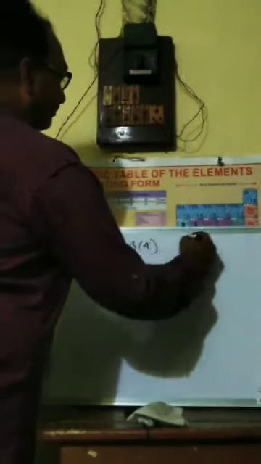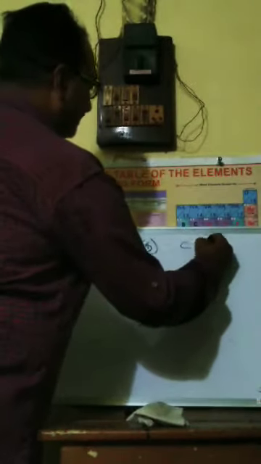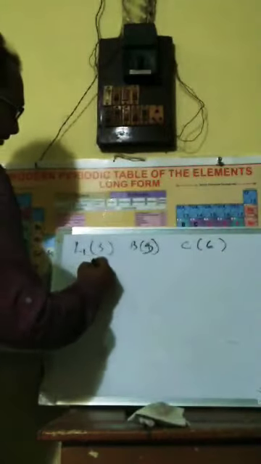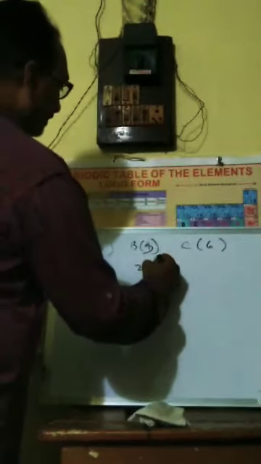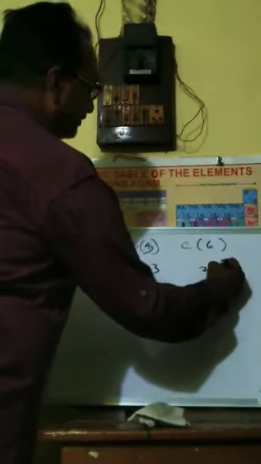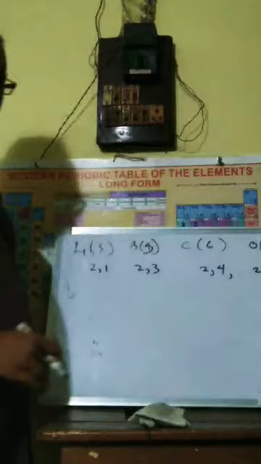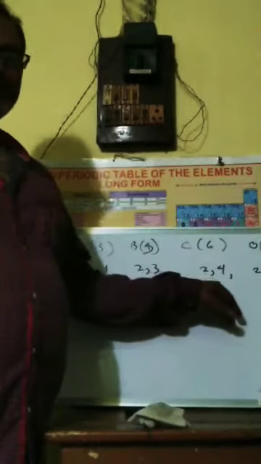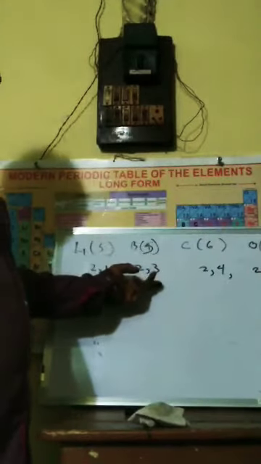In a period, again we talk about lithium, the first element, atomic number 3, then boron 5, carbon 6, and so on. When we arrange them, what we find is that this has 1 electron in the outermost shell, this has 3 electrons, this has 4 electrons in the outermost shell. Oxygen, if you take atomic number 8, has 6 electrons in the outermost shell. So what is happening here? 1 electron, now 3 electrons, 4 electrons.